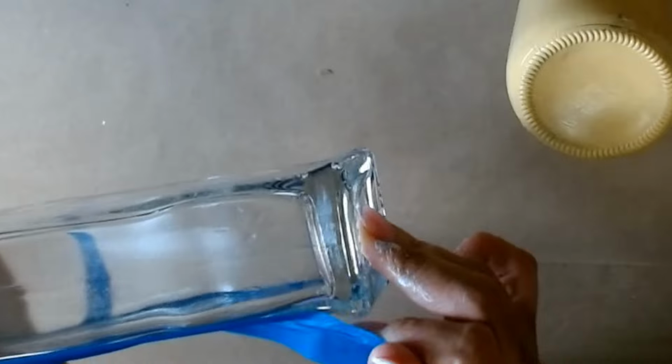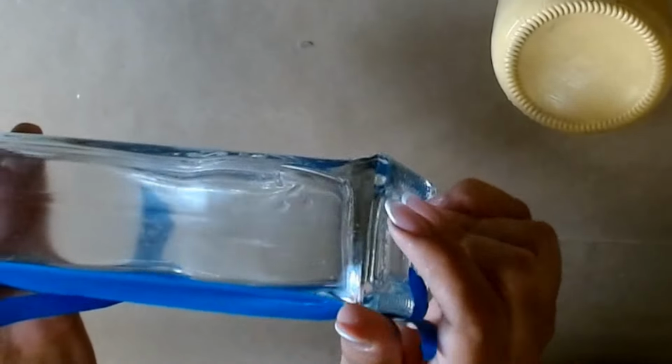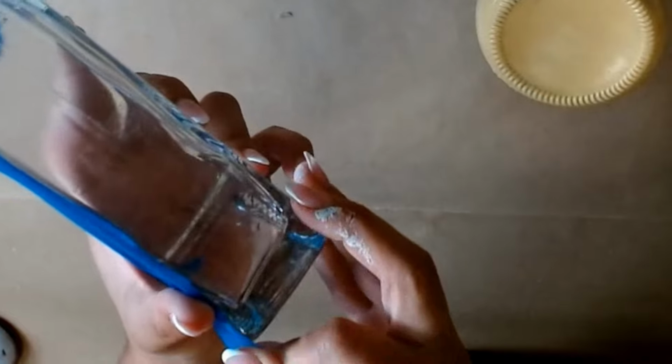I use the blue tape, I tape it off, like so. So once this is all taped off,